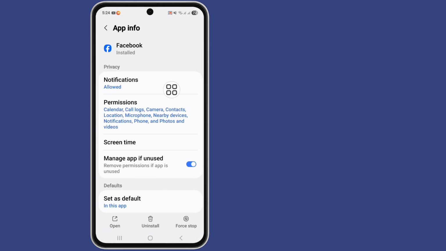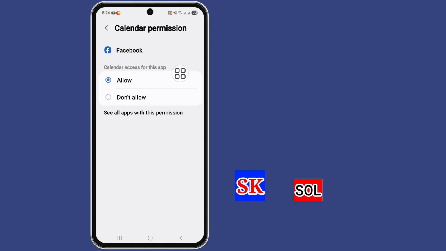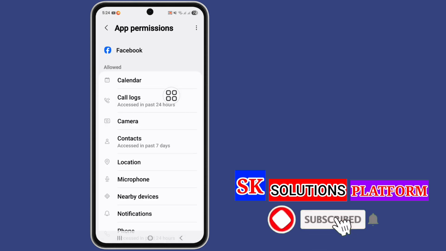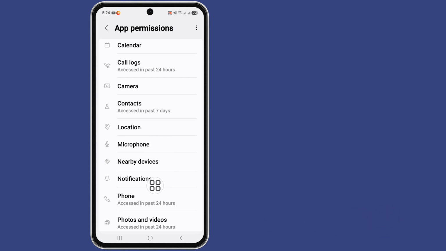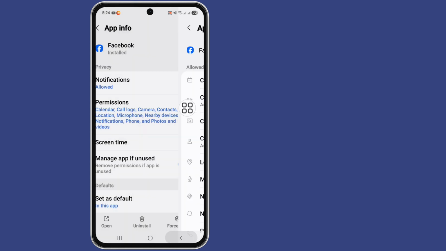Now tap on the permission option and allow all permissions. Calendar allow, call logs allow, camera allow, and contacts, location, microphone, nearby devices, notifications, phone, photos and videos. Okay, allow all permissions. Okay, go back and